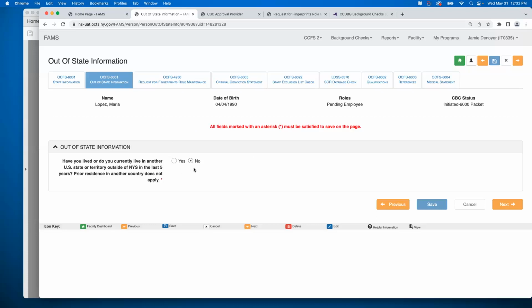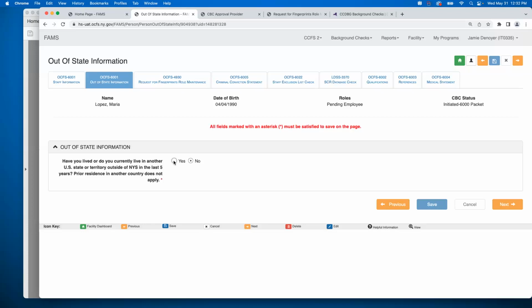If they indicated no, then select no. If they indicated yes, then select yes. Always keep in mind that prior residence in another country does not apply. If they lived in France or Canada or Mexico, you do not need to enter that information here. OCFS is just looking for if they lived in another U.S. state or territory outside of New York State in the last 5 years.